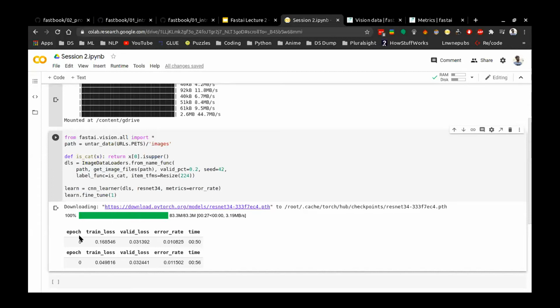So that's why we would see a zero epoch whenever you do a learn.fine_tune. This epoch is used to change the parameters of the last layer of the pre-trained model. After that, it will train for the number of epochs that you have specified here. Since you have given one here, it will train for an additional one epoch on all the layers of